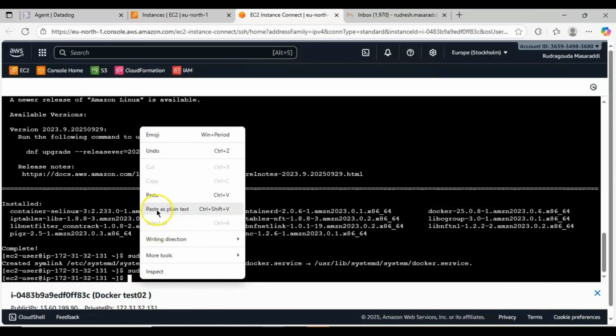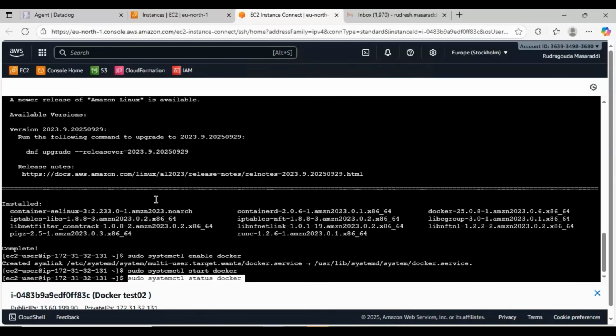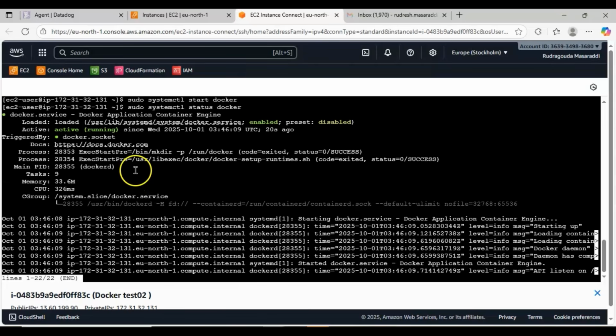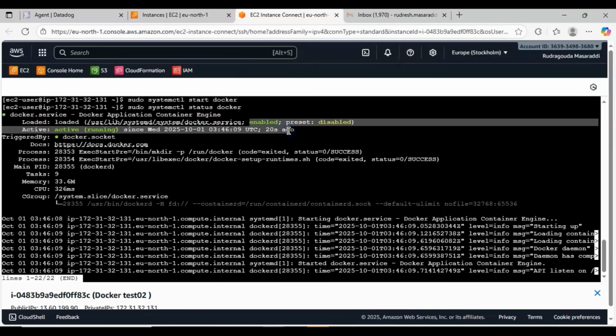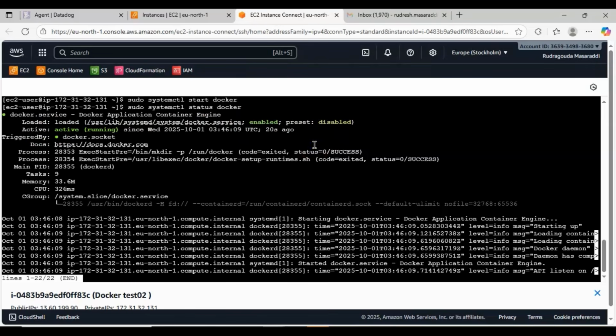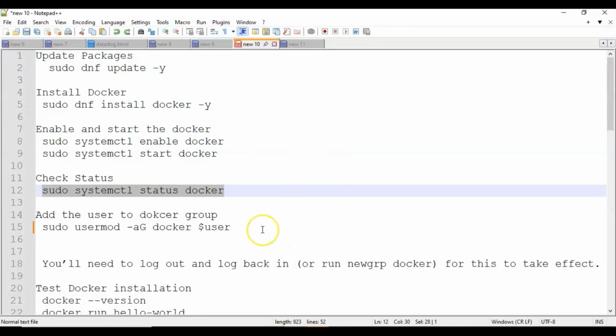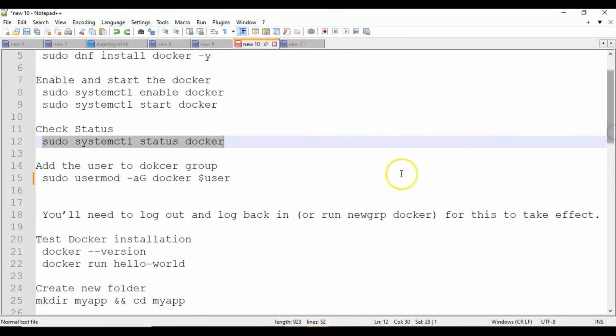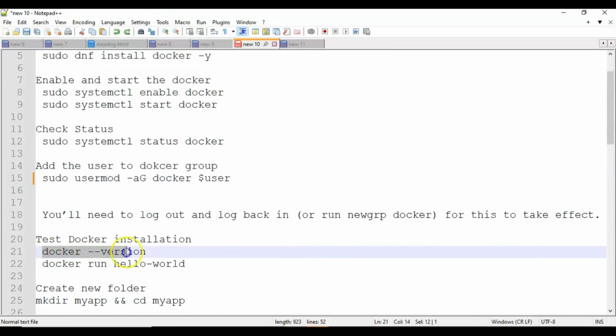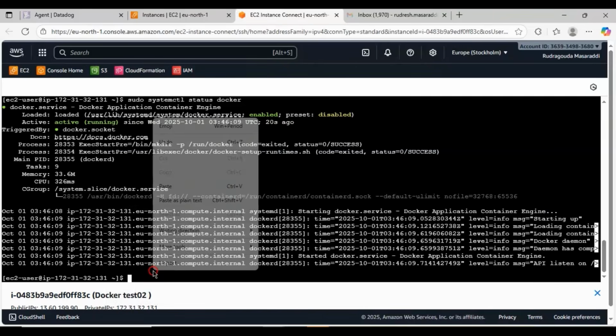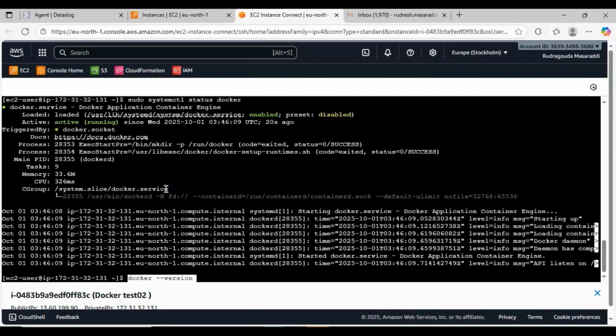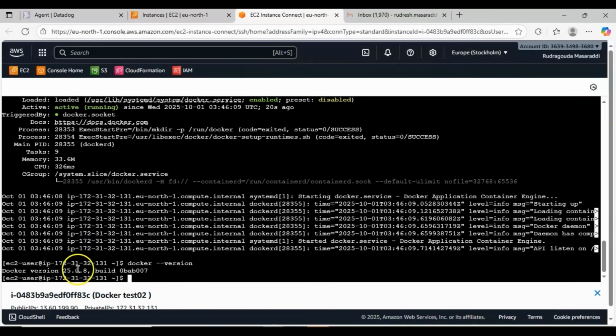Right, I'll paste here, enter. Yes, you are able to see the status here. Now it is active and running. It means with respect to the Docker installation, everything is good. Then what is the command to check the version of the Docker? Here you can see, right, docker version. You need to execute this line. You are able to see the Docker version. Yes, Docker version